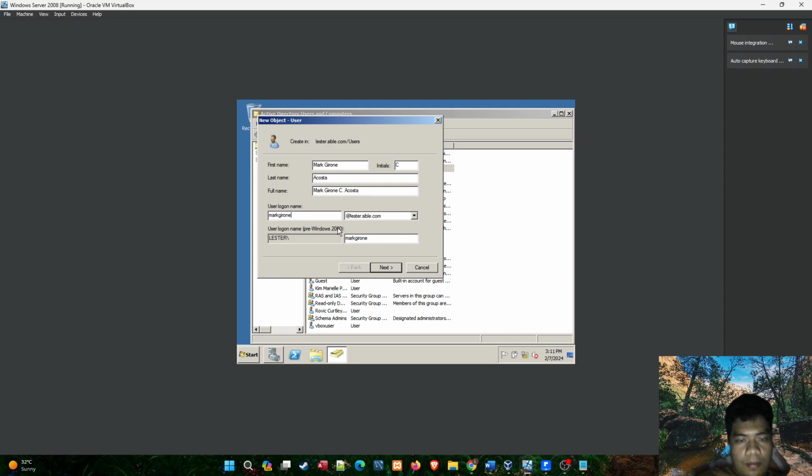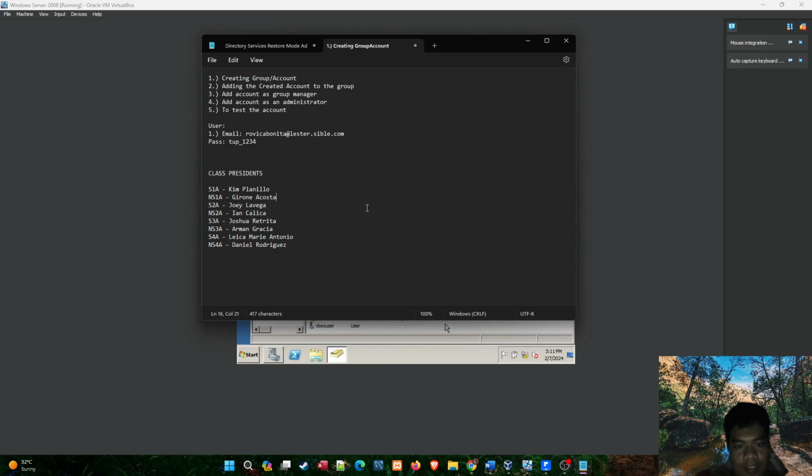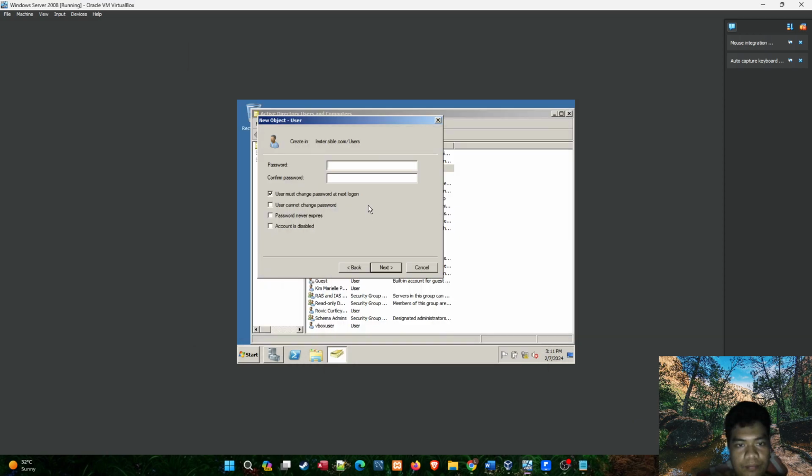So what I'm pointing out from the last tutorial is this user login name. We're going to find this user login name, the pre-made one, to add a certain person to a group. And we're going to use this as well to set it up in our next video. So next, for static password,